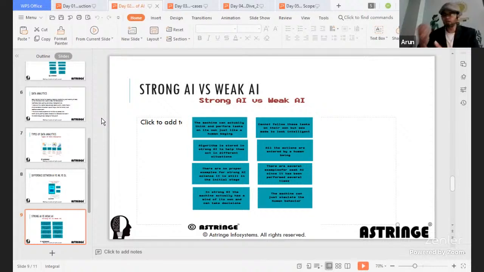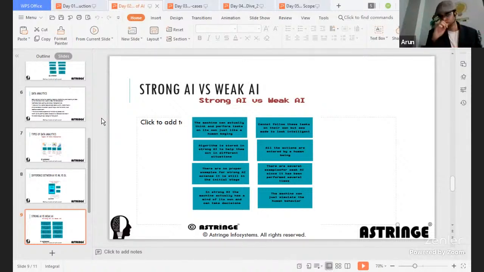It means it cannot identify on its own, or it cannot learn or train on its own to optimize its own accuracy, or optimize its own results. So that is the limitation of a weak AI. But having said that, almost every type of AI application as of today is weak AI, except for some of them, like some of the recent research which is happening in Google DeepMind and the GPT-3. Those things are still in the research.